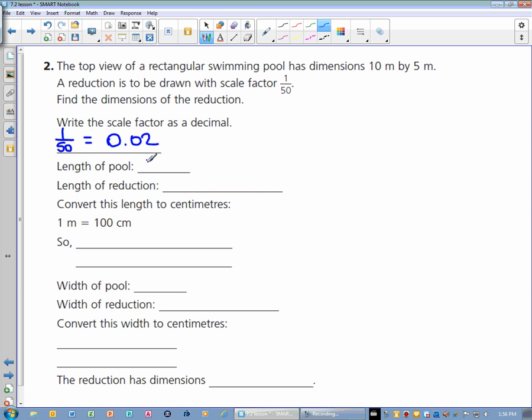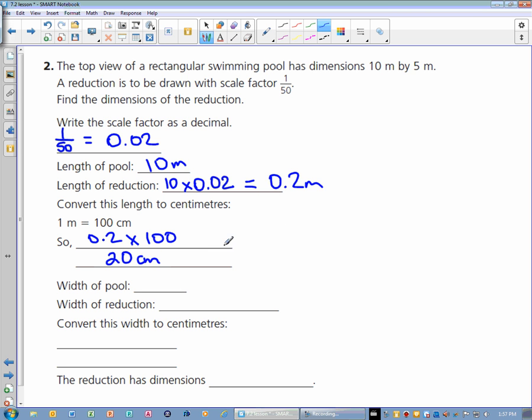The length of the pool, we'll take the longer one. So 10 times 0.02. The 10 means I move my decimal over one place. So I get 0.2 of a meter. Oh, it says convert it to centimeters. If I know 1 meter is 100 centimeters, then I can take 0.2, multiply by 100, move my decimal over twice, to get 20